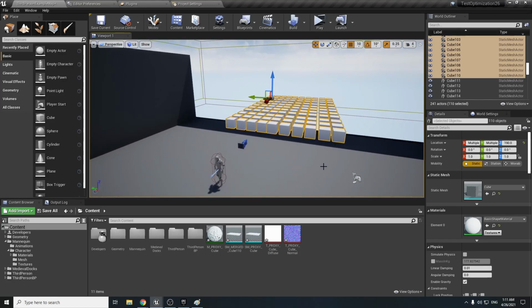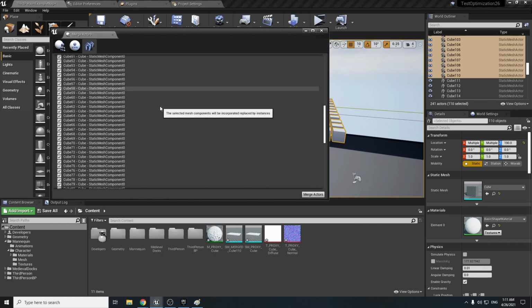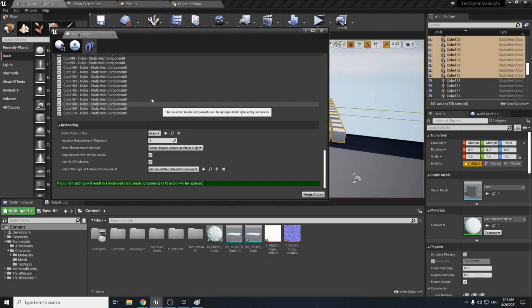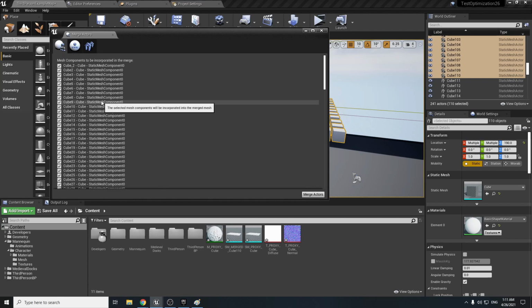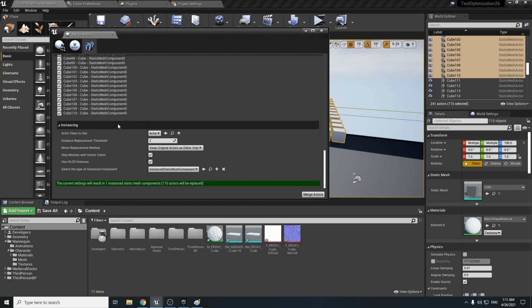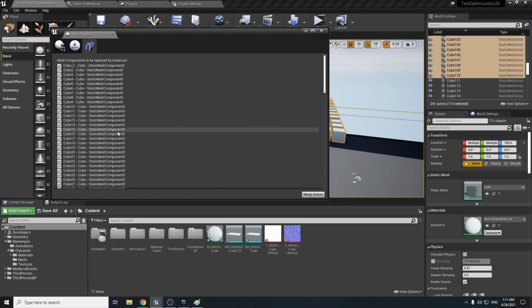Okay, and this merging is with the components. It's a great way. It's pretty close to the previous one, but there we merge into one static mesh actor inside the scene, and here we will merge them into one actor with the